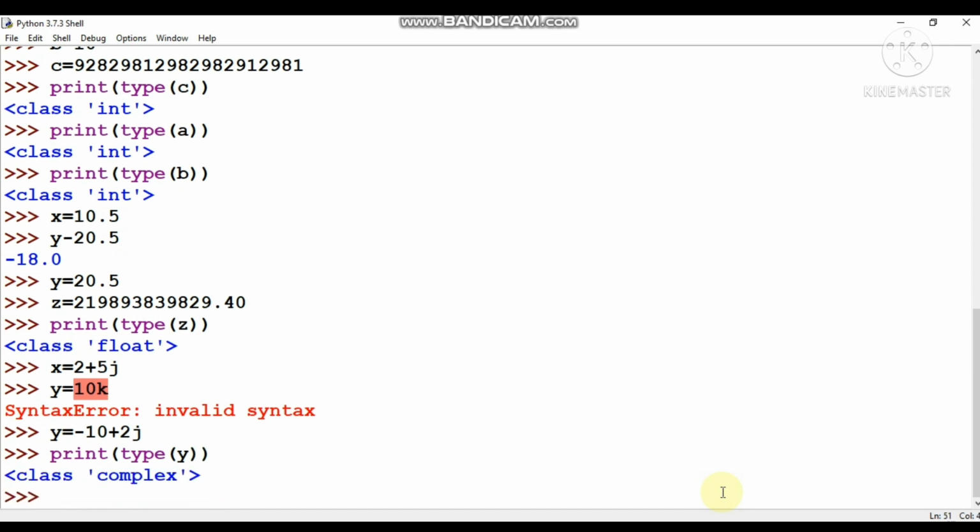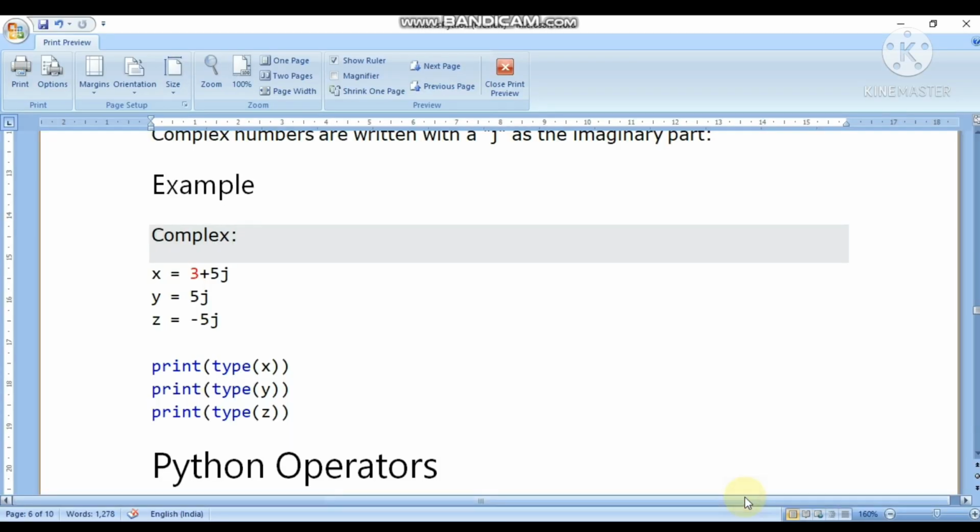The same way with x also. So I hope integer, float and complex number are clear to everyone.